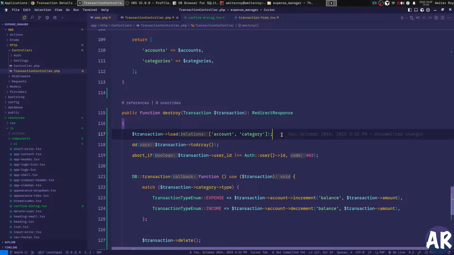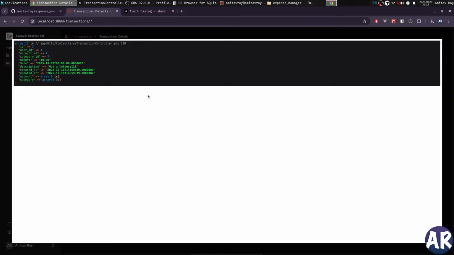Because if it is an expense and I'm deleting it, it means it will get incremented, which is fine. My balance can always go in the positive direction. But if it is an income and I'm trying to delete it, then what I'll have to do is